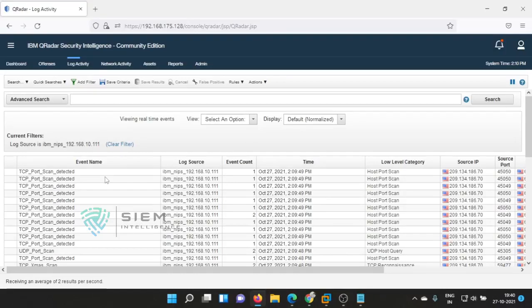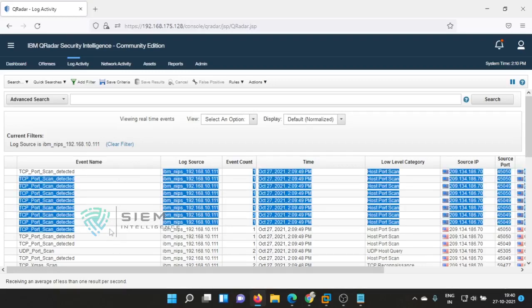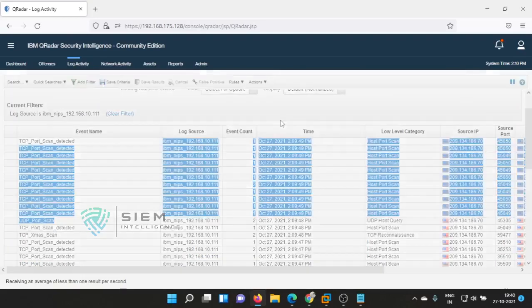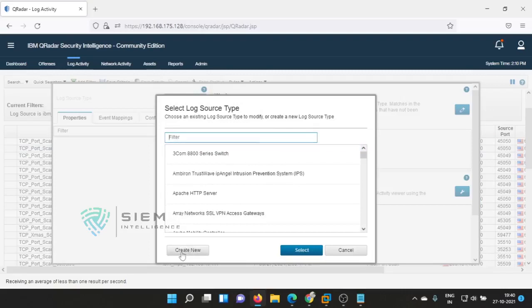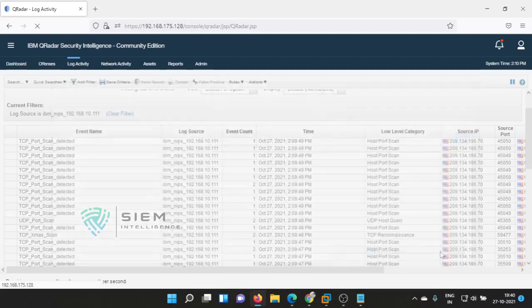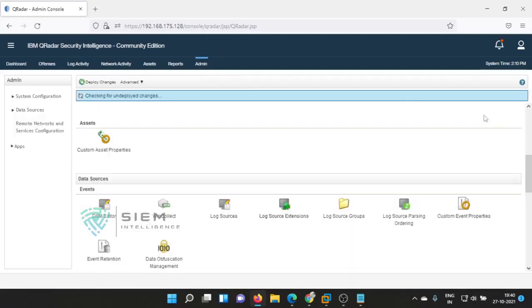So what are the things we have carried out? First and foremost, it should be under DNS generic logs, DSM. First we select some of the unknown logs like this. Consider these are the unknown logs, and I go to the DSM editor and create a new DSM editor. Here you can create. If you don't want to create from here, there is one more option. You need not create from here. Close this. There in admin also there